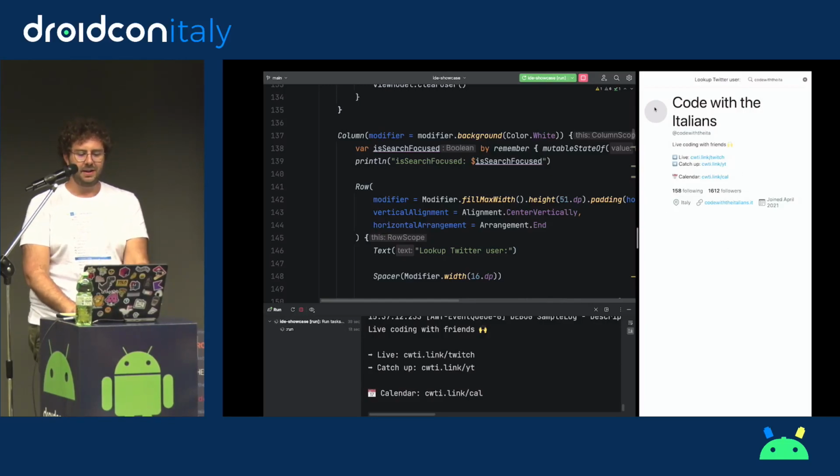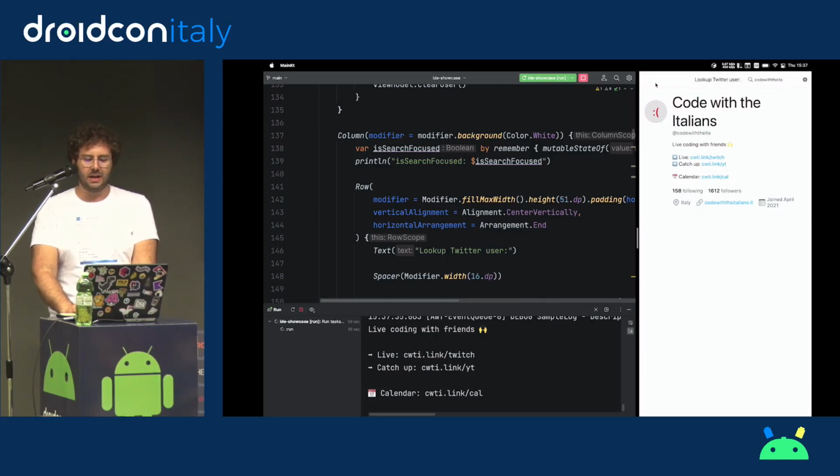The app here is obviously not loading the profile image because that would be too much. It does work, I swear. But the idea is that we have this application here that, yeah, it's given up. It's okay. It at least loads the content, so that's good.